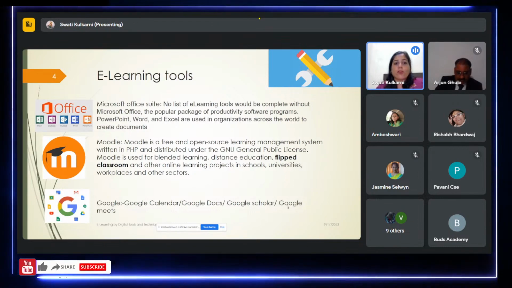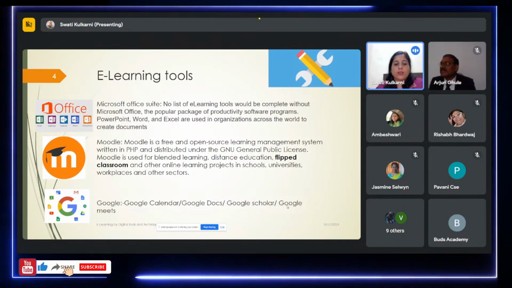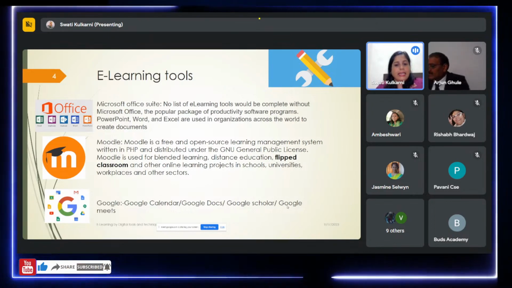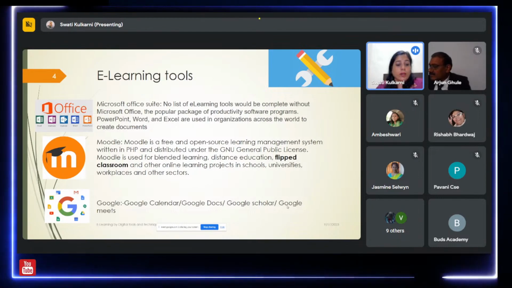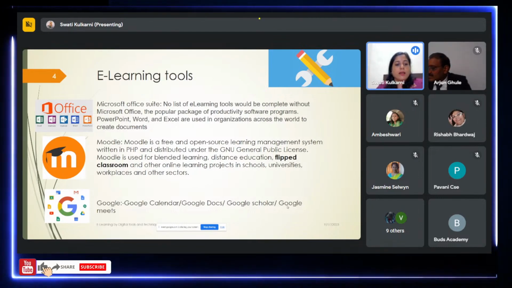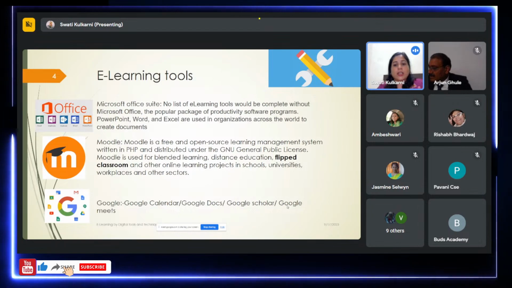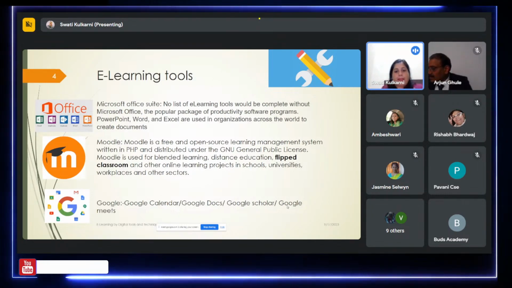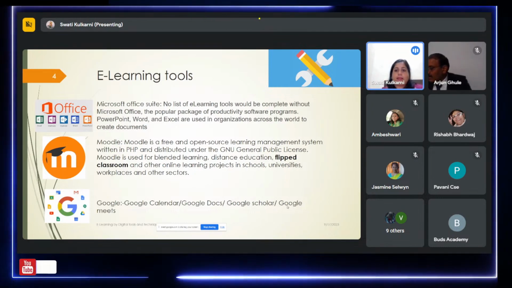One is the Microsoft Office tools, and Google. Google has mail, Google Calendar, Google Docs, Google Scholar, Google Meet, Google Lens. So it is a full package, which gives us a platform to learn,